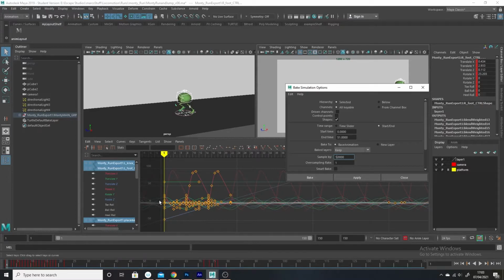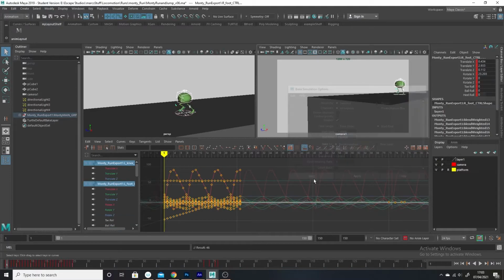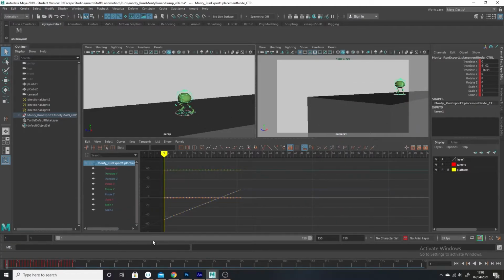That just means I will get exactly the same curves. And my start time is going to be 1, and my end time is going to be 25. This is all I'm going to need, okay? And then I just press bake, and you'll see these lines change. Yeah? So, and if I look at the Translate Z, for example,